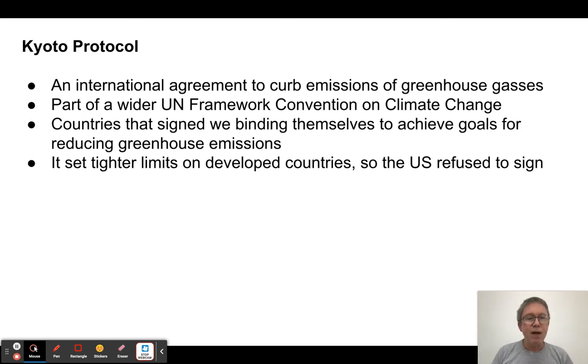Basically, again, it's this international agreement to try to curb the emissions of greenhouse gases, primarily carbon dioxide. Now, here's the thing about it, though, is that it said, look, countries are going to agree to certain goals to meet to reduce them, and they weren't that aggressive. It wasn't nearly as aggressive as it should have been.